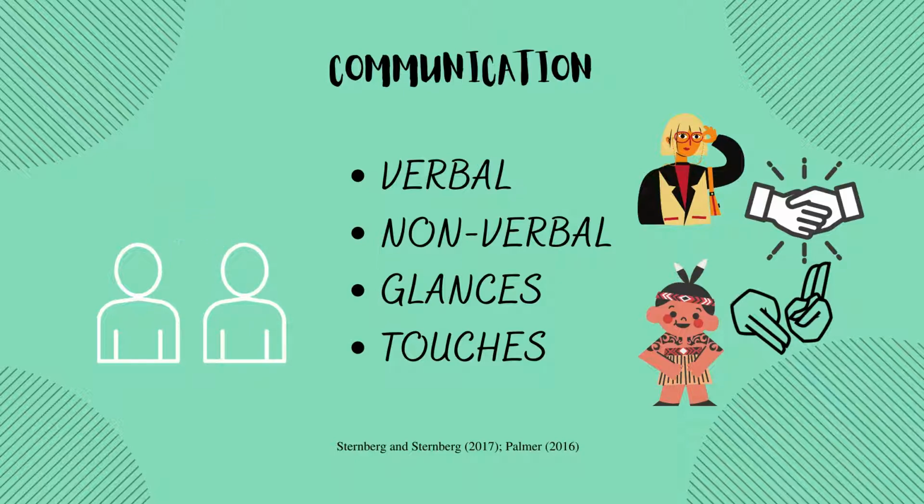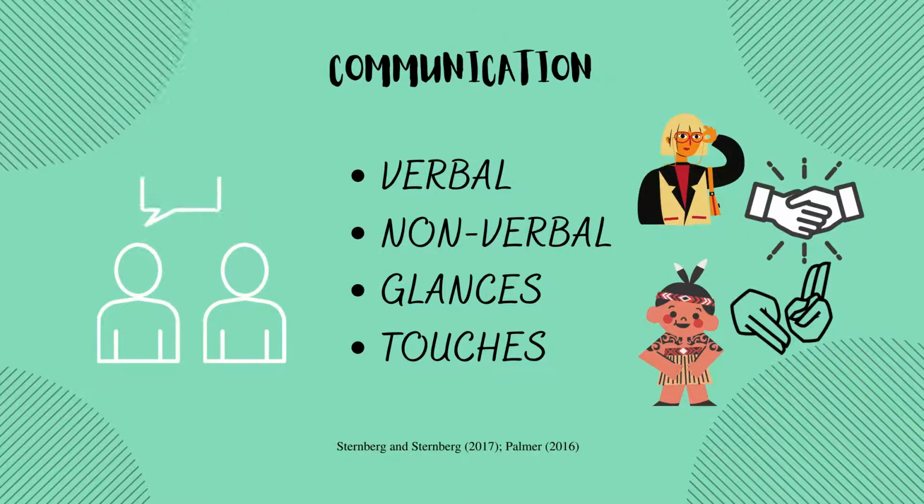Glances, which are used to attract the attention of the opponent or to look at an individual you like or dislike. These are often used in haka, which are known to scare the enemy in the rugby game. Also, these glances or looks have many meanings and purposes in haka, which may mean to greet, to say goodbye, or to congratulate, and so on. Touches, which may include handshakes, hugs, or any other tactile touch, are also a form of communication. For example, hugging your partner when you would like to say hello or to tell them you love them. Can you think of many more?